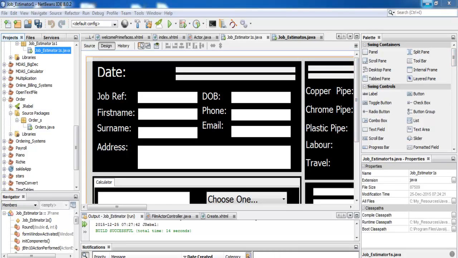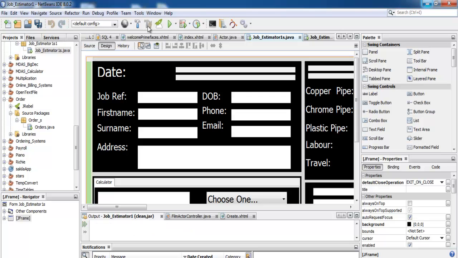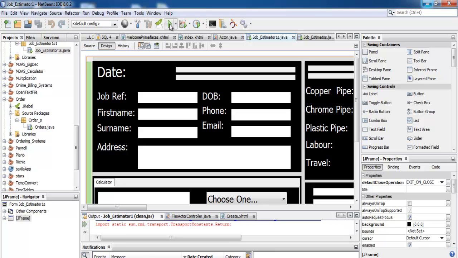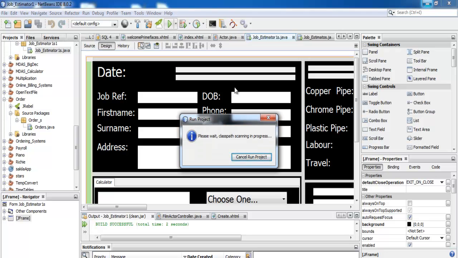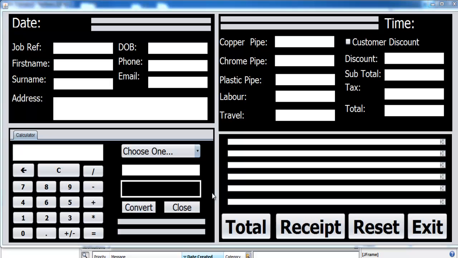Okay, I'm just going to run it and show you guys one or two things. So let's run it and see. Compile, run, and there we go. Right now this whole system does nothing. Okay, you can see nothing happens. Alright, so the first thing I want to do is to get this timepiece ready. Okay, so let's click on that. Even the exit doesn't work, as you can see. Let's close that,